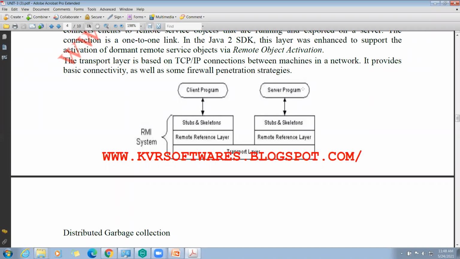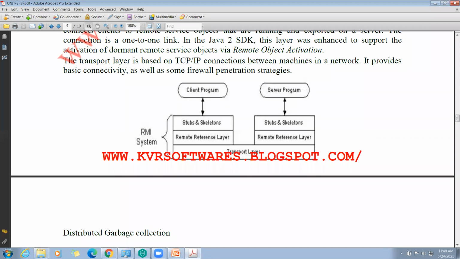See how it will be done in Java. Have you known about the Java virtual machine? This diagram gives the picture of the implementation of RMI. Here RMI stands for remote method invocation, right?